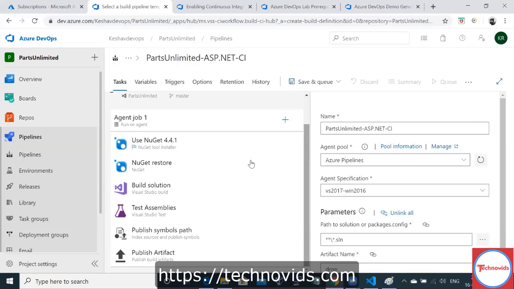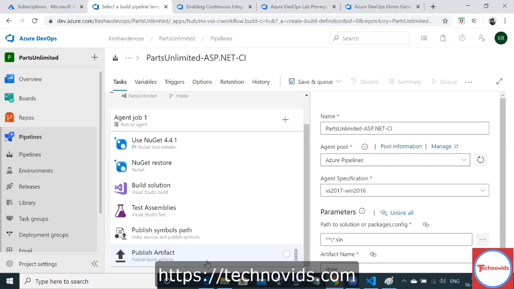So this is my pipeline. I have used NuGet, which will build my code. It will restore all the dependencies, all the code, whatever is required to test the code, and bring it into my repo. Then it will build the solution. After building, the code is ready to be tested, right? Now test the assemblies, then publish the artifact. Whatever artifact is generated, think of it as a release. Publish it somewhere so that it is ready to be deployed.